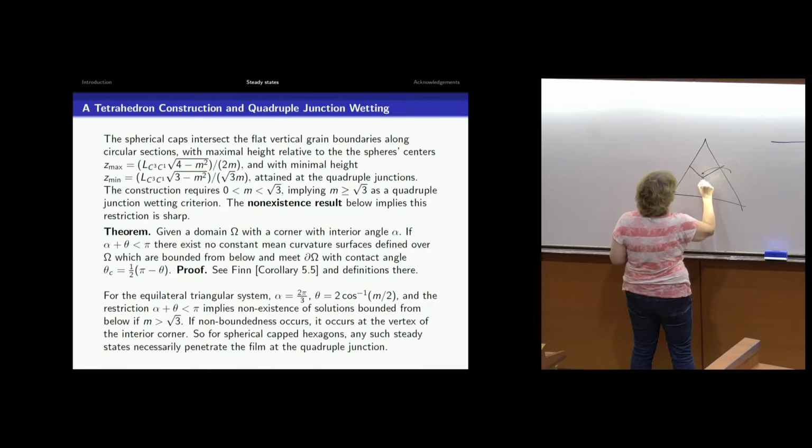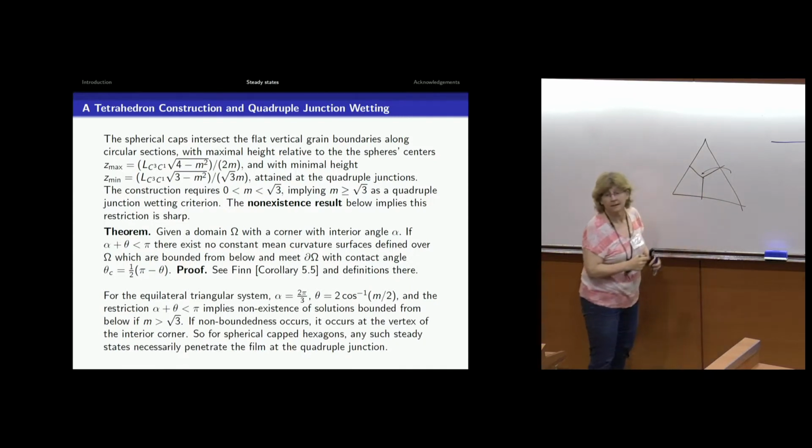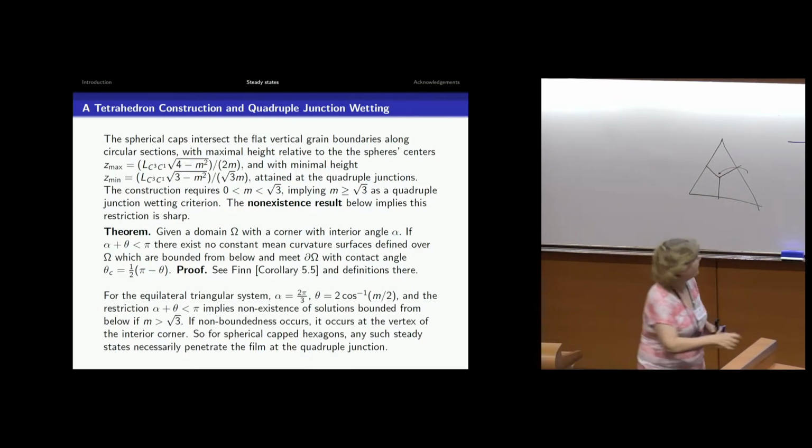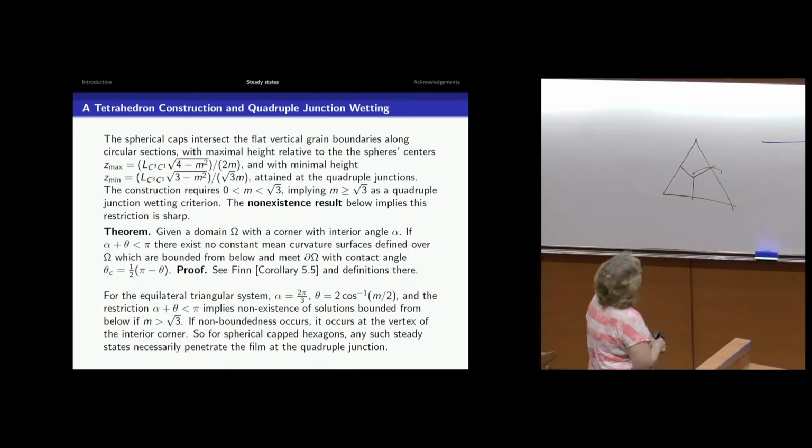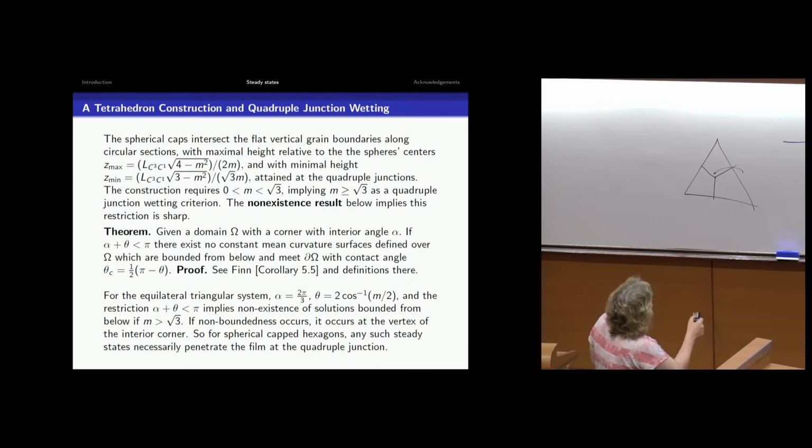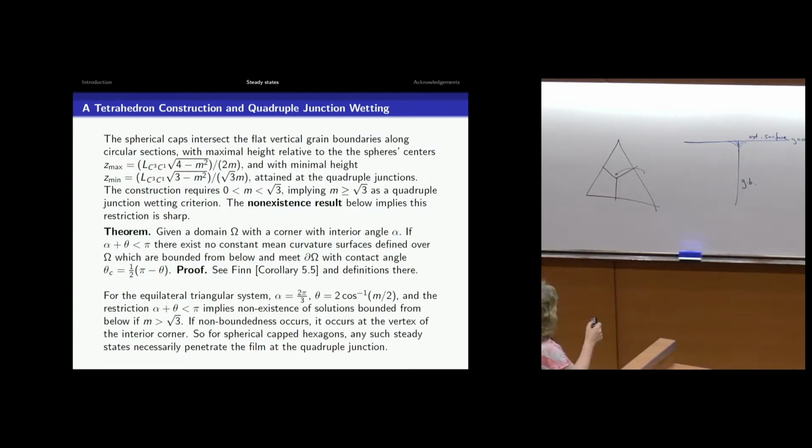So think about this angle here, okay? And then for us, that's an interior angle. And then theta is this dihedral angle. So what does one get out of this result from Finn? That there's this constraint that alpha plus theta, if it's less than pi, then there exists no constant mean curvature surfaces